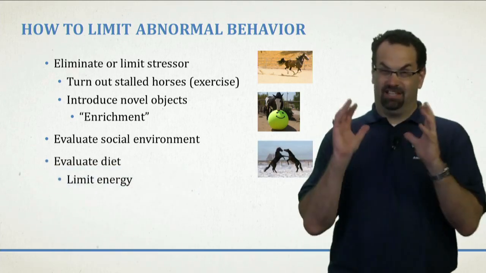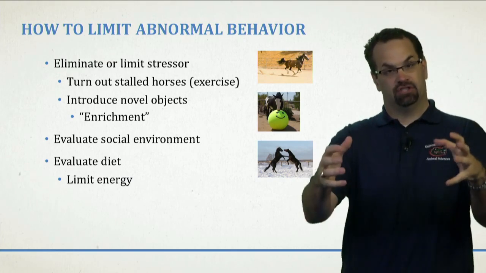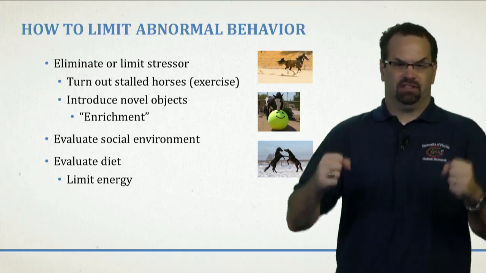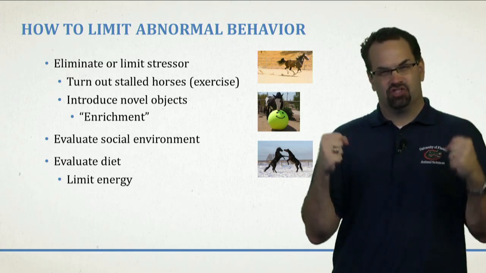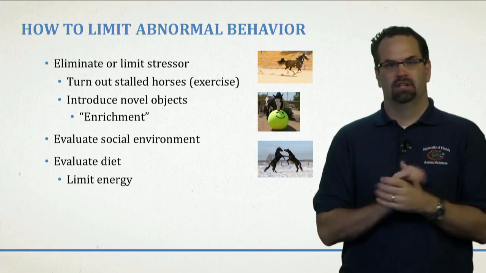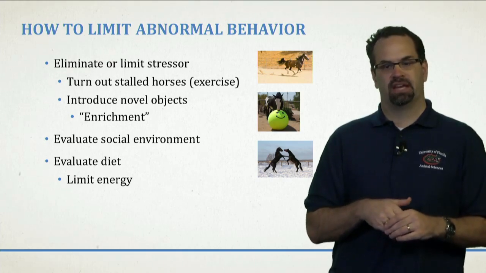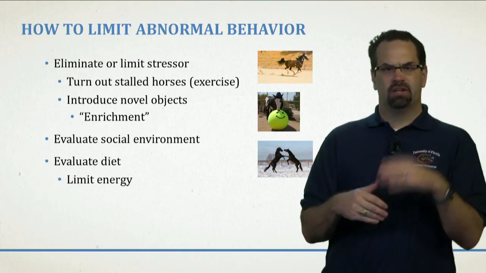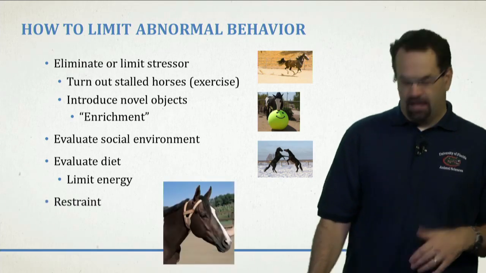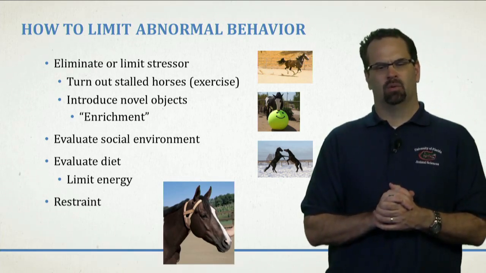Now, we're going to definitely jump into this next week, especially how much energy should be in the diet. But if the diet is high in energy, if you're feeding a lot of protein and a lot of concentrate and a lot of grain, this horse gets almost like a 3-year-old with a sugar high, and they get kind of crazy, and they have nowhere to go in stalls or small paddocks. So high energy diets tend to make these animals manifest abnormal behaviors. So you want to make sure you're feeding the proper plane of nutrition, which next week we'll go into. And then your final strategy would be restraining the animal in some way or